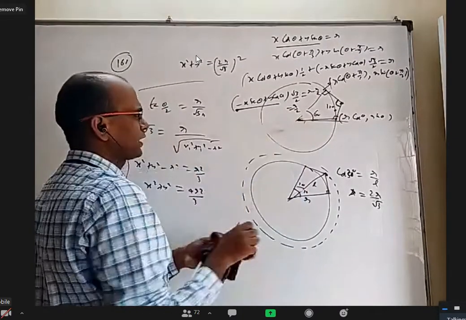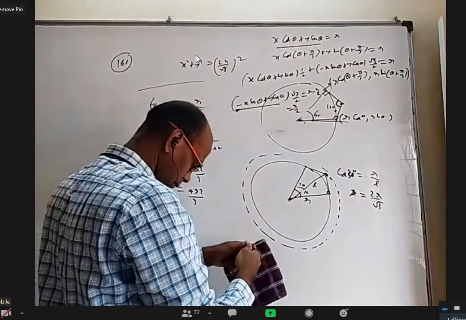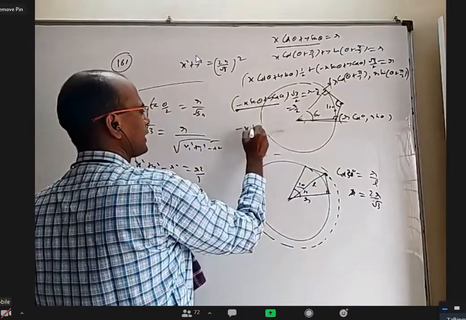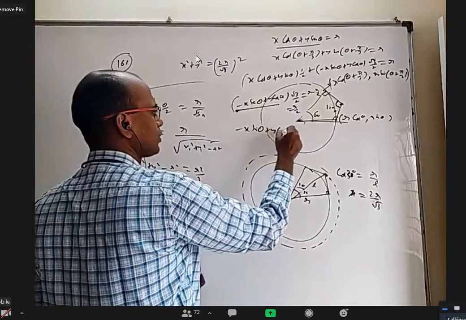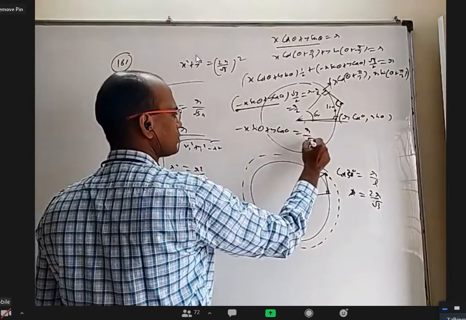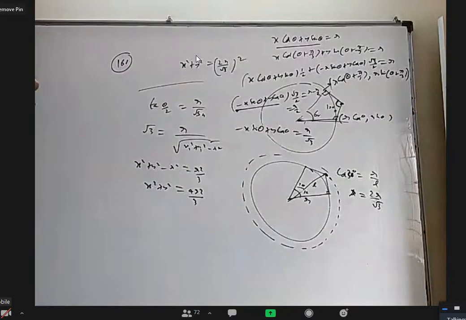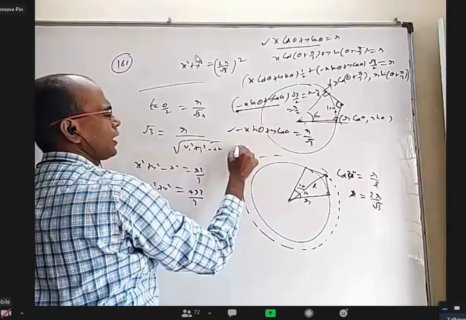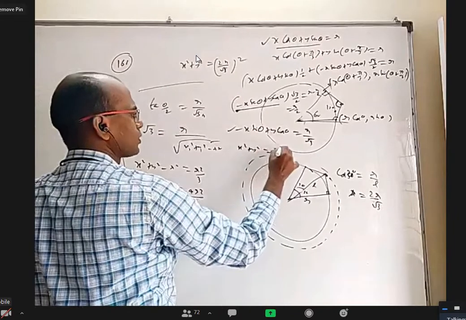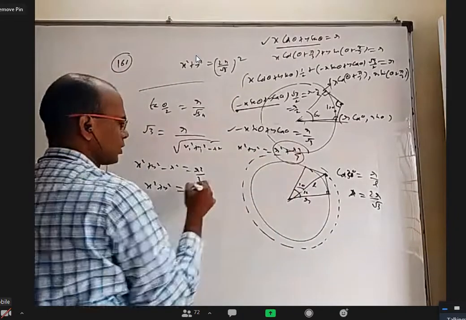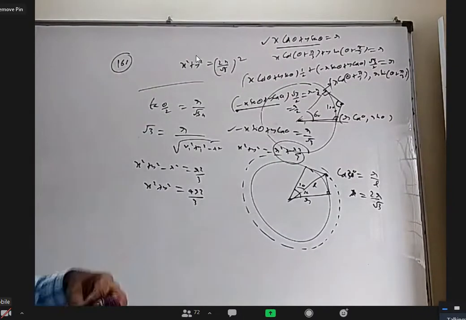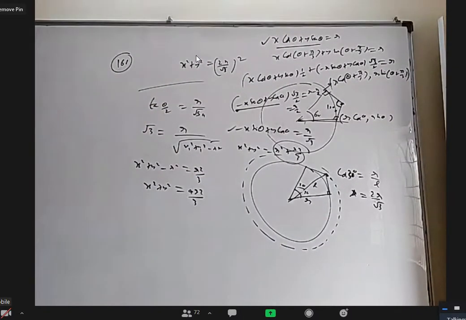So before squaring and adding, send this root 3 by 2 that side, you will get a minus x sin theta plus y cos theta equal to r by root 3. Now take this and take this, square and add, you will get x square plus y square equal to r square plus r square by 3, again 4r square by 3. Okay, so first two are easier just from the figure, but still I am telling that method. Is it okay?